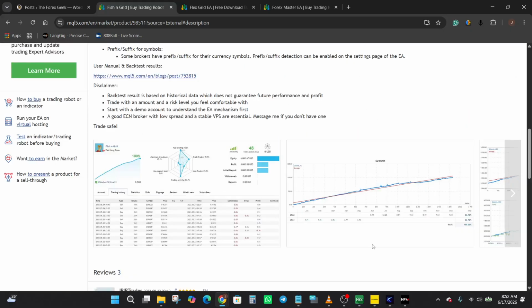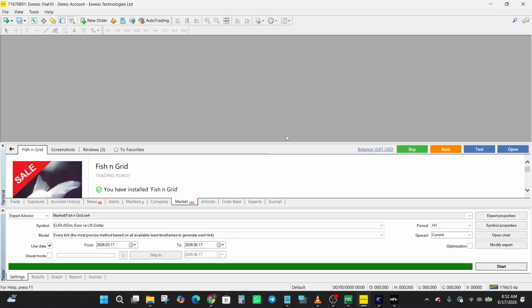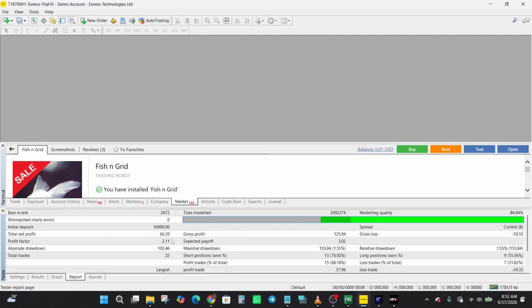All right, now let's head over to our strategy tester as well. Let's see how this EA performed over the past 3 months in 2026. So testing the Fish and Greed EA on Euro USD on the H1 time frame as recommended, and I am also going to be using the every tick model. All right, so looking at the reports, I can see that from an initial deposit of $10,000, the total net profit was just